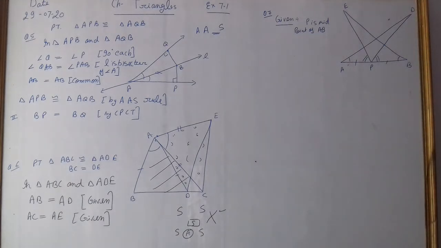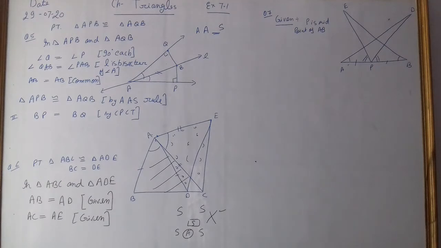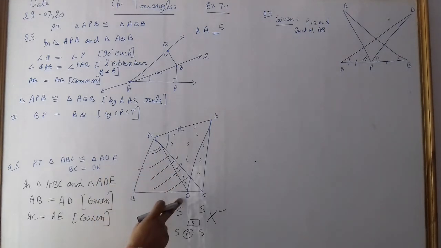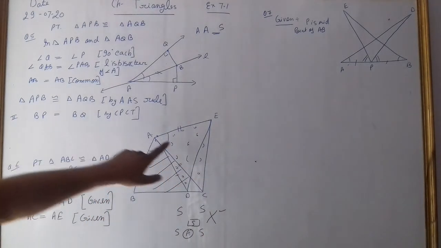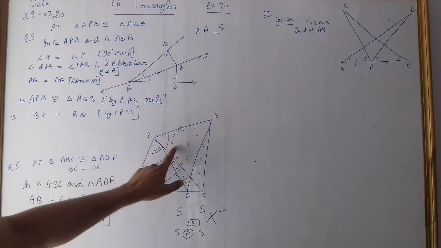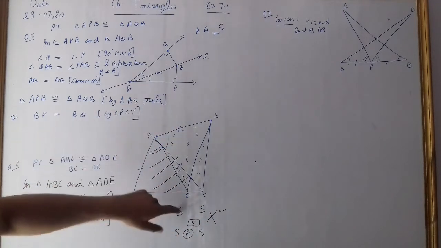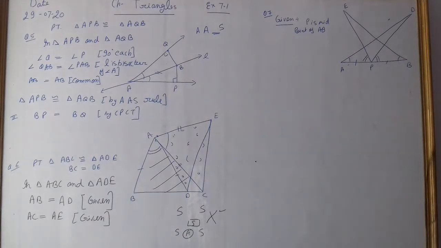So the option that is required may be side angle side. For using this, we require one of the angles, and that is given also. But I told you before, there is a twist in this question. This angle which is given is only BAD, and we took the triangle BAC. Is it clear? On the same side, the angle which is given is EAC, and we took the triangle ADE, this whole. So this is the part that is given here.